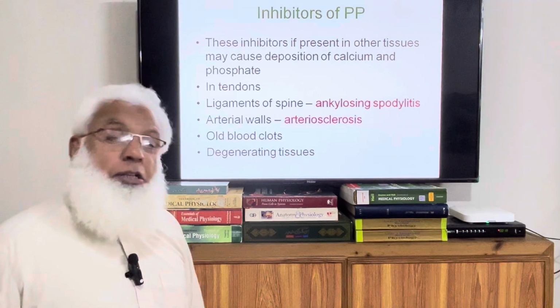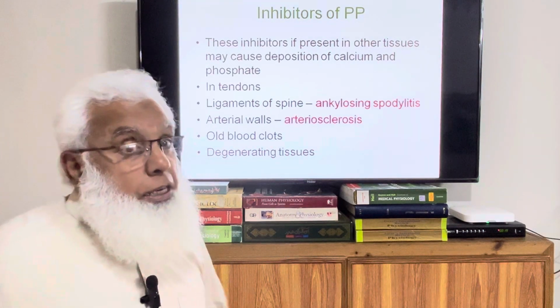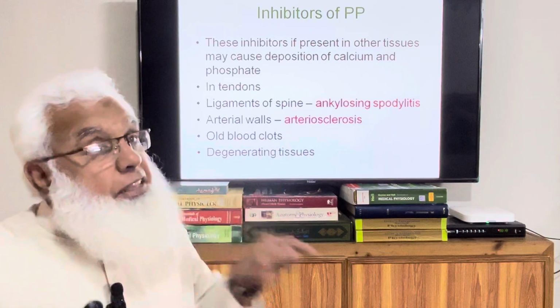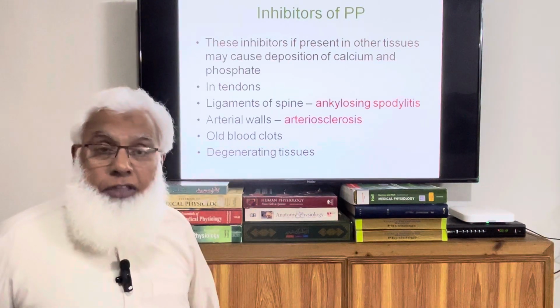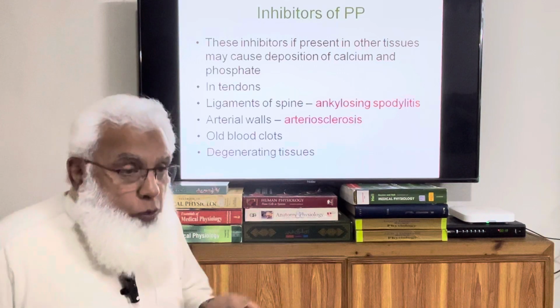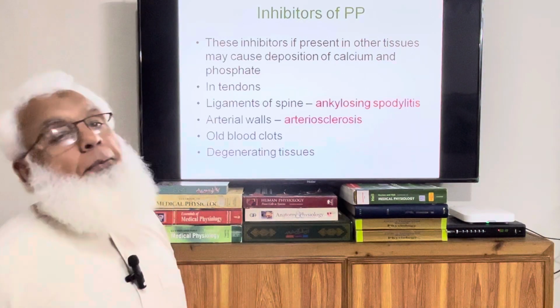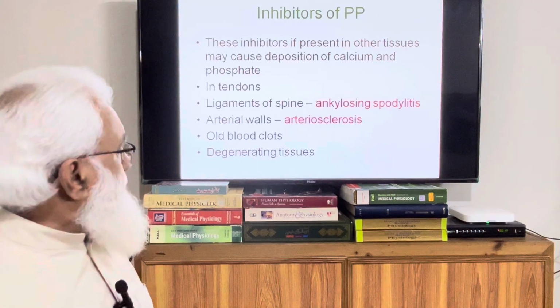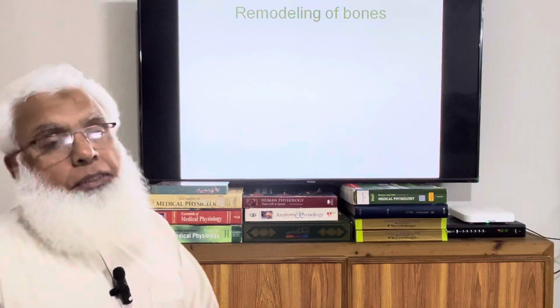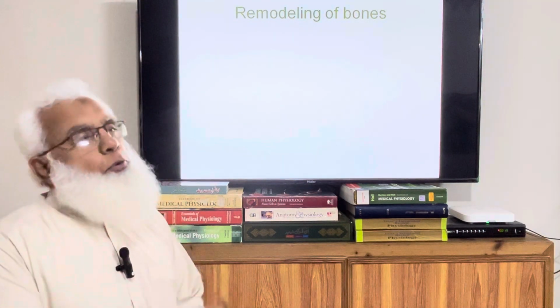Degenerating tissues, जहां पे tissue, tuberculosis for example, degeneration in the lungs, तो आप देखें calcified spots, आपको x-ray of the lungs पे calcification नजर आती है. वो क्यों? Degenerating tissue में there is deposition of the calcium and phosphate. So that's how calcium is deposited in the bones.